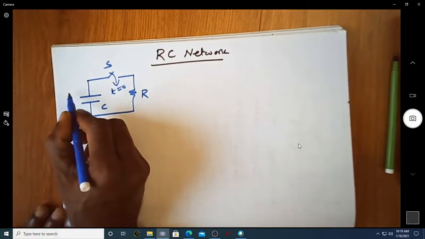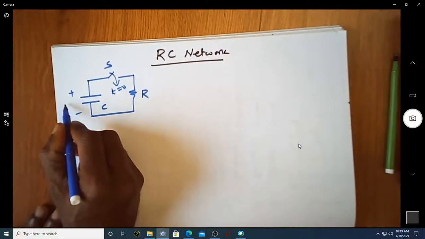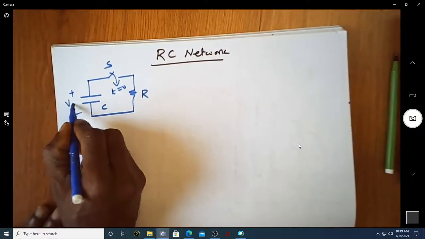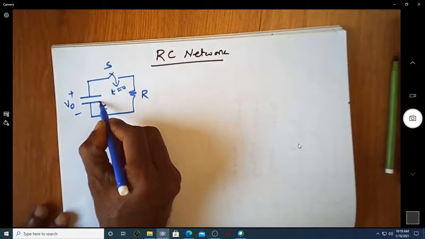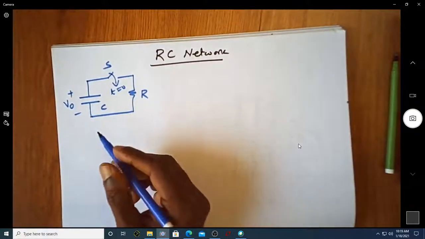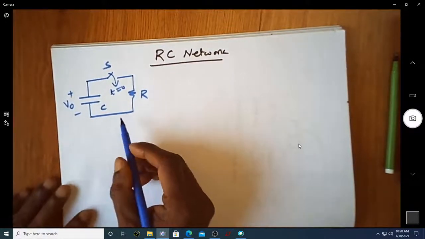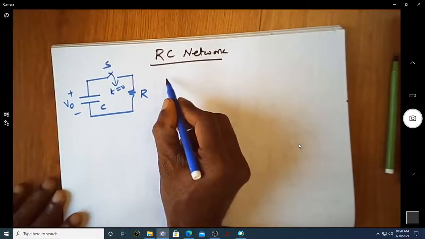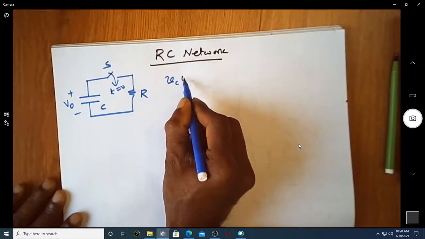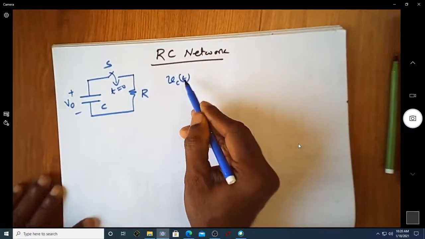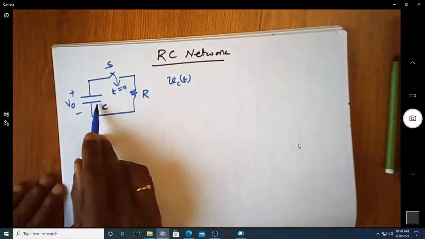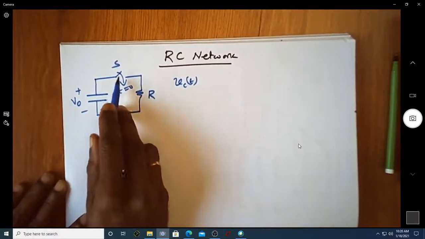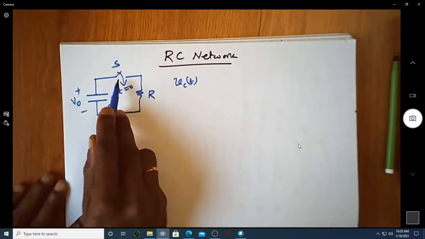So let us assume that this capacitor has an initial voltage V0 that is being stored in this parallel plate capacitor. So we are looking at what is the behavior of this capacitor voltage. So I'm looking at what is Vc of t. So with respect to time, what happens to this capacitor voltage whenever this switch is closed at t is equal